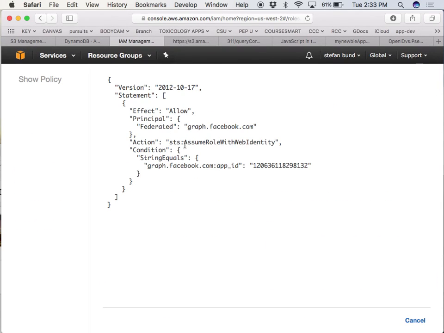Amazon will trust traffic back and forth to your website because you're working with what's called assume role with web identity. So you can use Facebook's authentication mechanism as the username and password to walk around your website, which is kind of big.